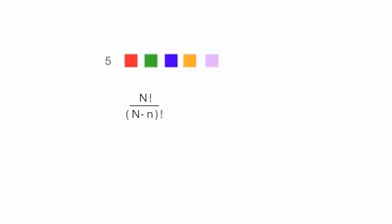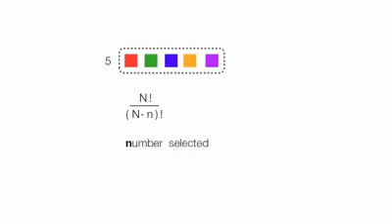Now, the official formula is this: n factorial divided by n minus r factorial. In other words, how many different ways can I organize these 5 objects, taking r at a time, the number selected. In this case, it's 5. I'm taking all 5. And this is equal to 5 factorial